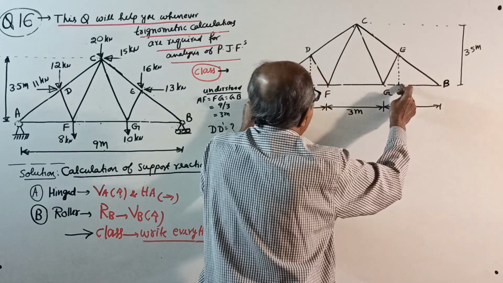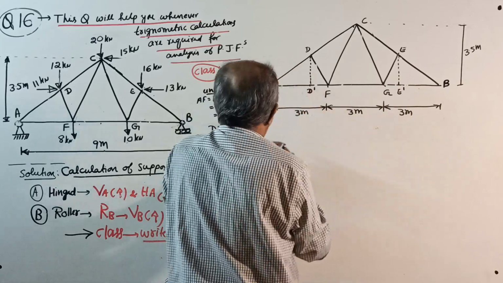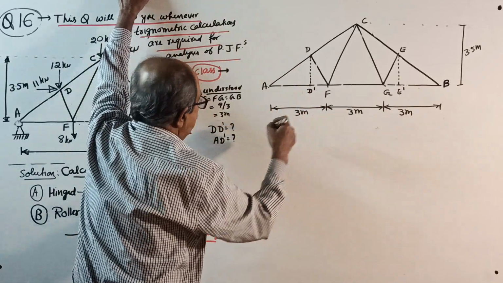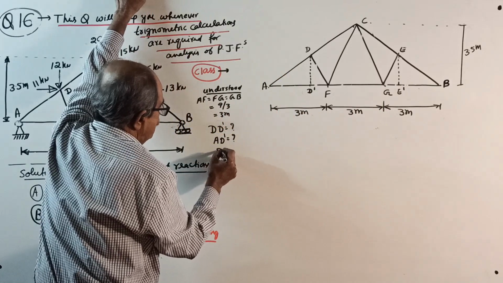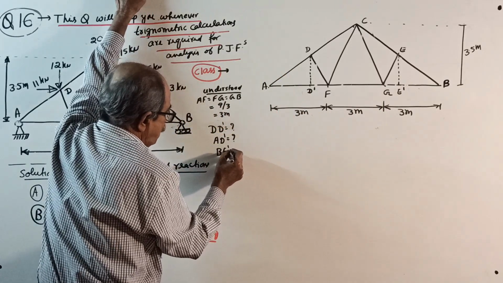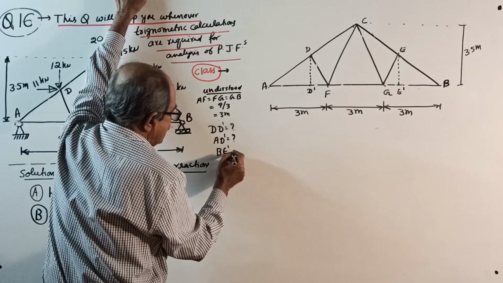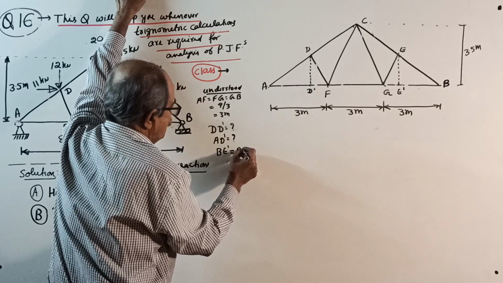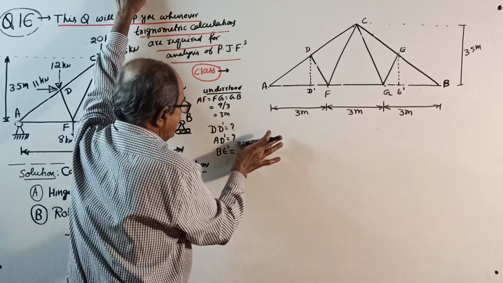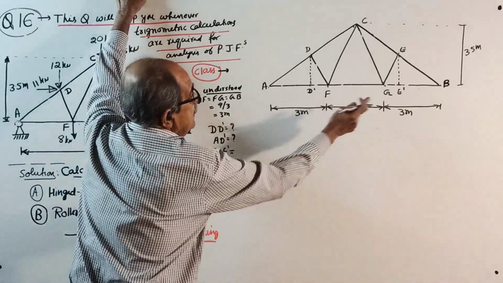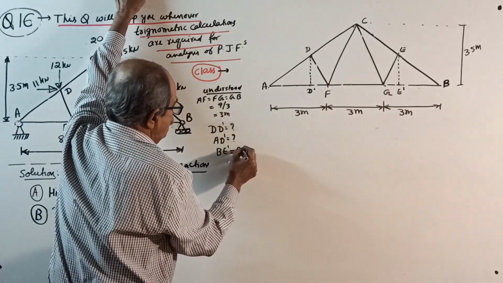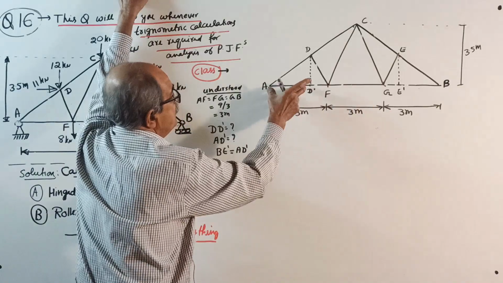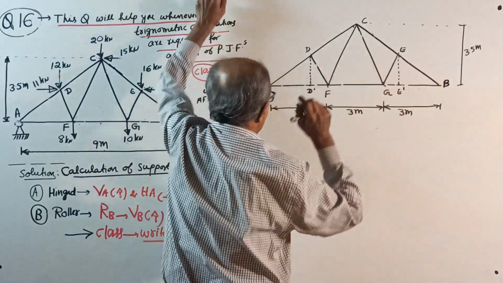But B to E dash is equal to A to D dash. So you also require B to E dash, which will be equal to A to D dash. No problem. You don't have to find it once again. B to E dash you require, which will be equal to A to D dash. So if you know this distance, this is also known. Okay, then